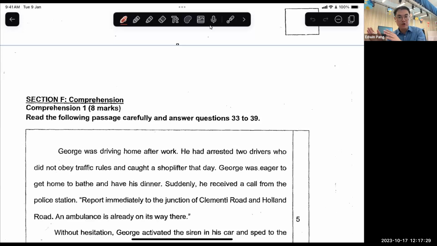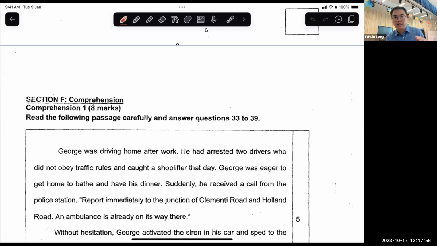So from hard questions to easy questions, rather than starting with the MCQ, which is easy, and then get harder and harder, and your attention gets lower and lower, right? So while you are fresh, while you're energetic, while you're attentive, it may help that you start with the more difficult section, which is the comprehension. Okay, so I leave this up to you all. You all can decide how you want to approach the paper, but either way works. Okay, either way will work.